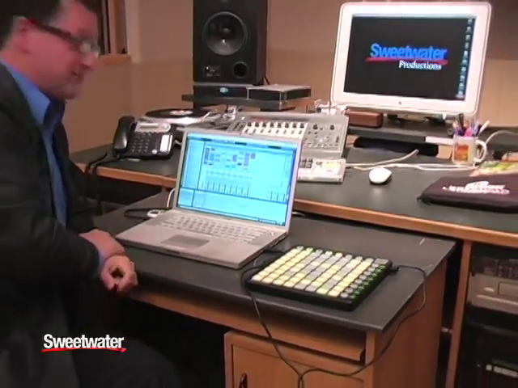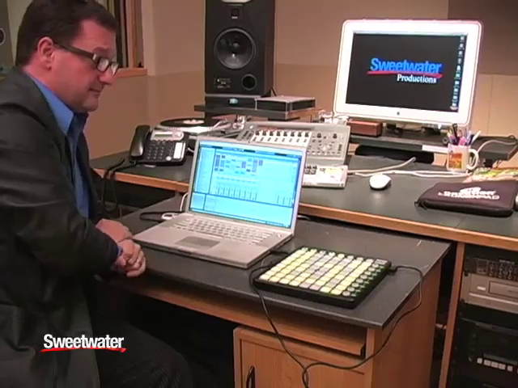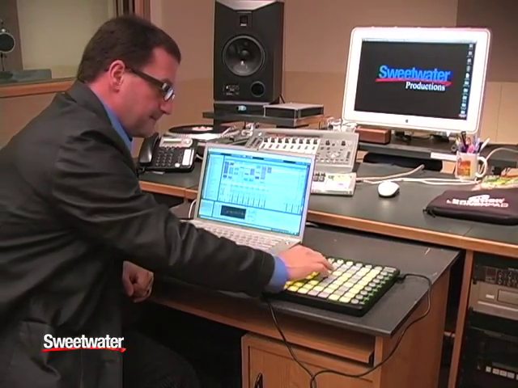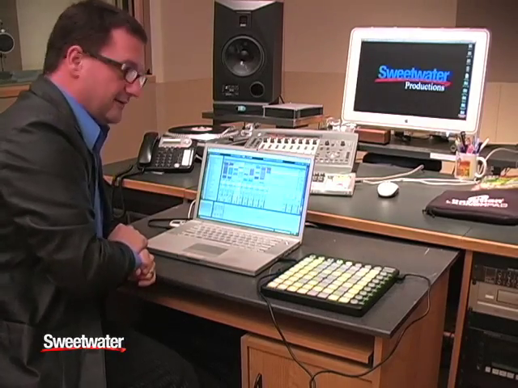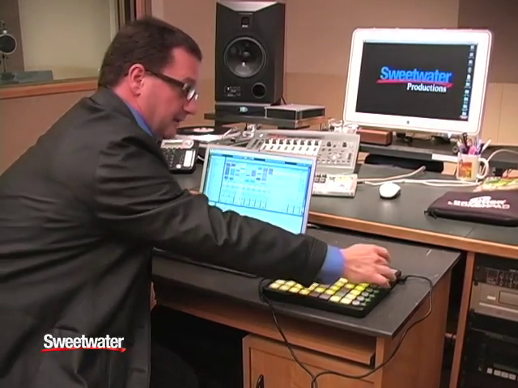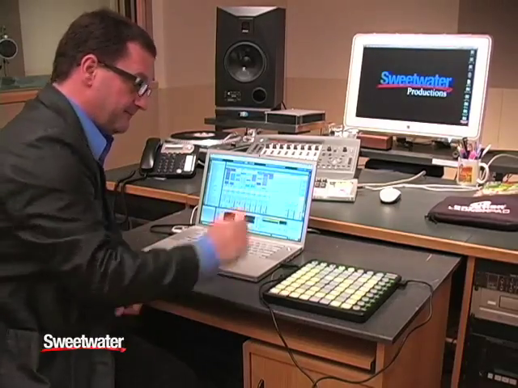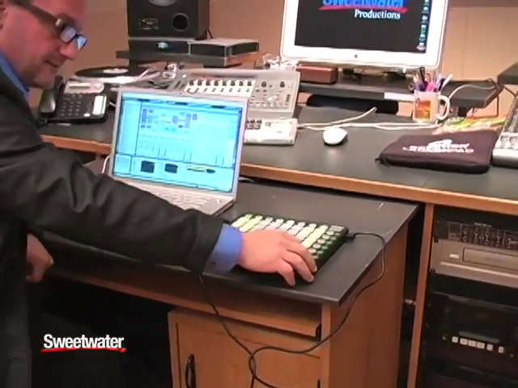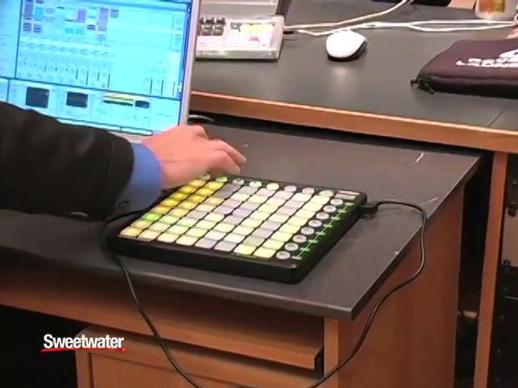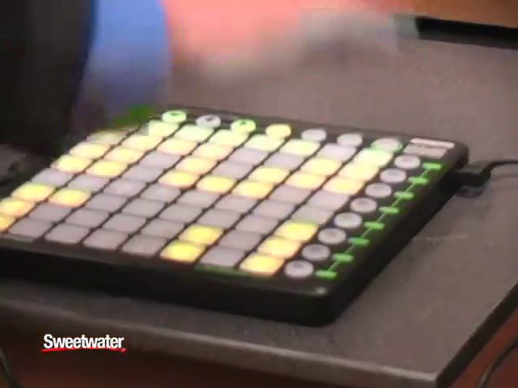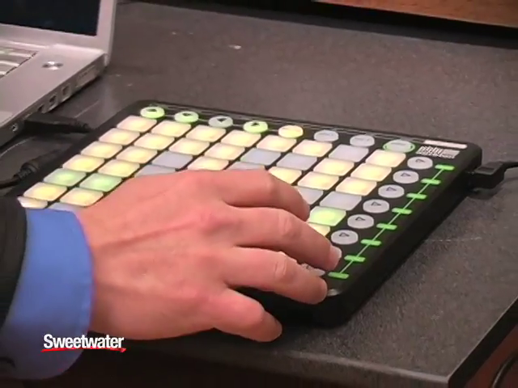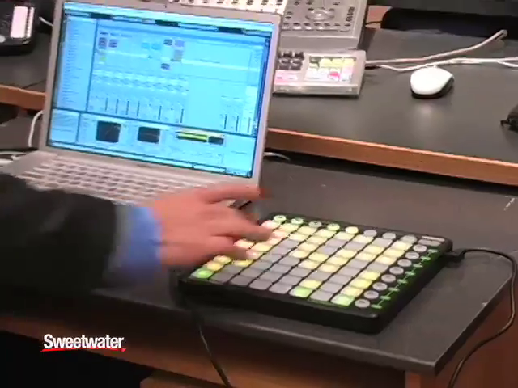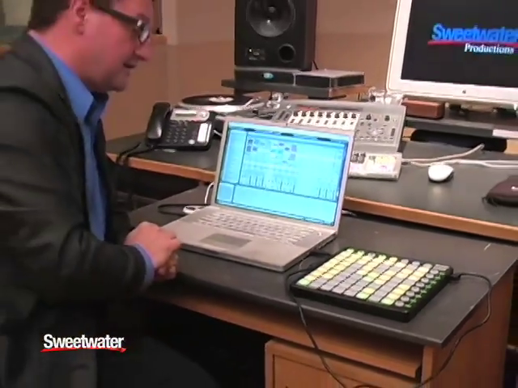So let's see if we can't make some sound. I can hit a clip here, launch another clip. Very easy to start making music right off the bat. I can launch scenes. Scroll through my session. I can go down, find a different part. So this is great. It's very easy to immediately start making some music, but where I think it